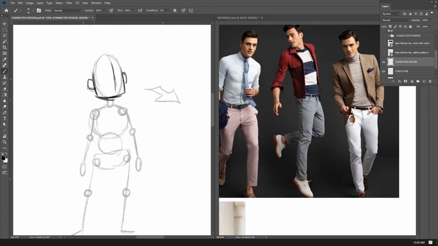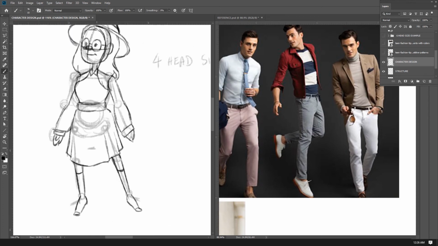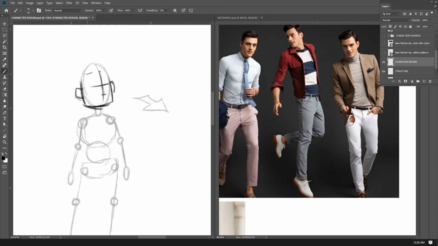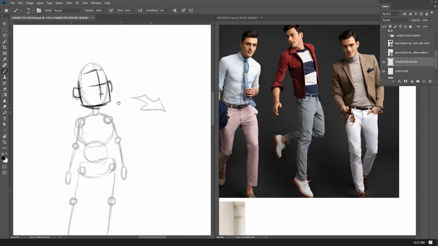Again, where your ears are is where your nose is going to be. Then the mouth. See where your eyes are. It's on the line of the ear. Then where your hairline starts. So that's the neck. And of course my character is looking to that direction, and he's wearing